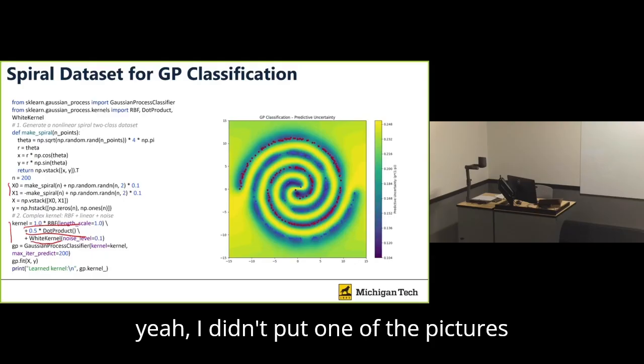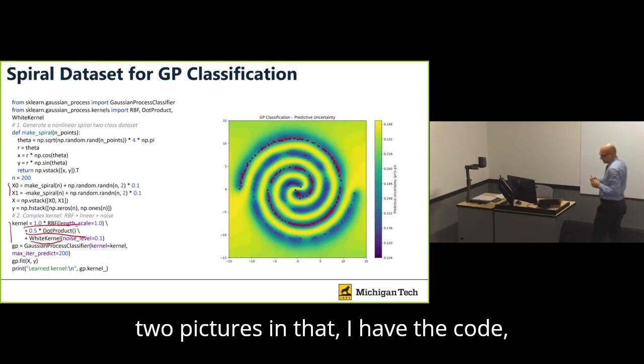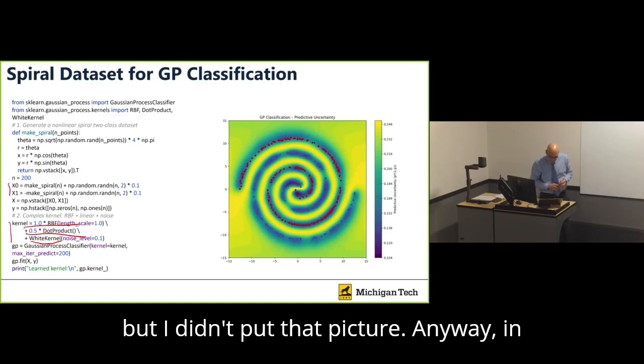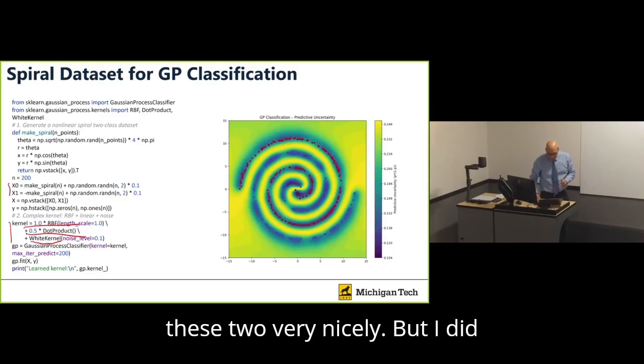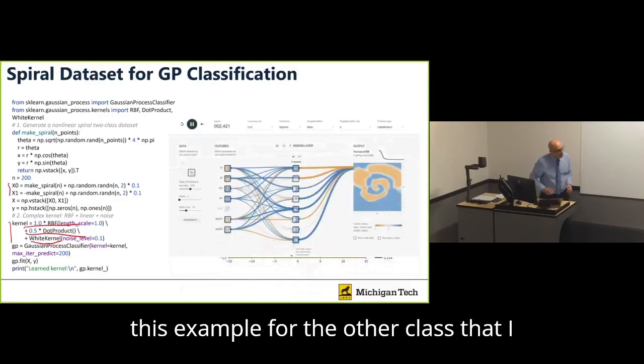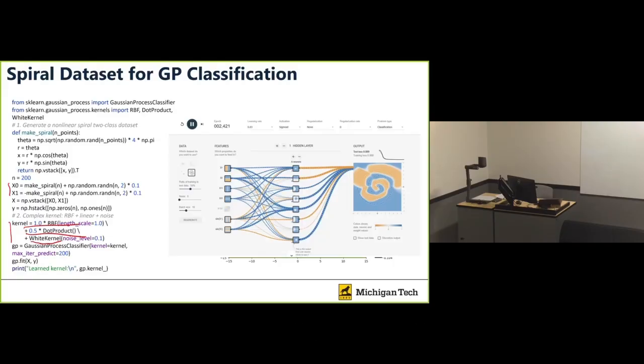Yeah, I didn't put one of the pictures there, but anyway, it detected. There are two pictures in that. I have the code, but I didn't put that picture. Anyway, that picture shows it detecting these two very nicely. But I did this example for the other class that I was teaching, neural network, and there is a site